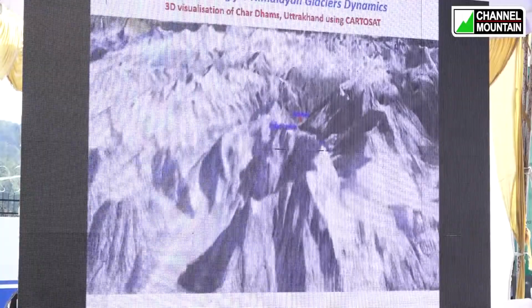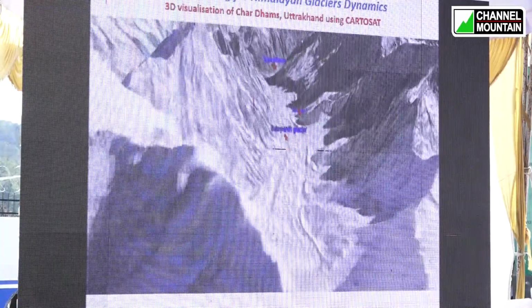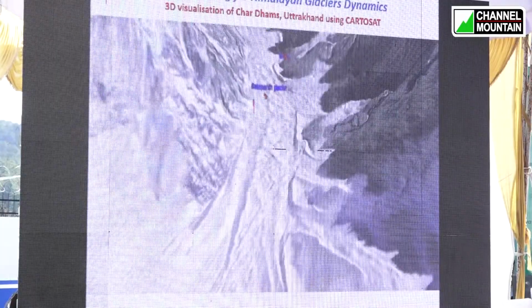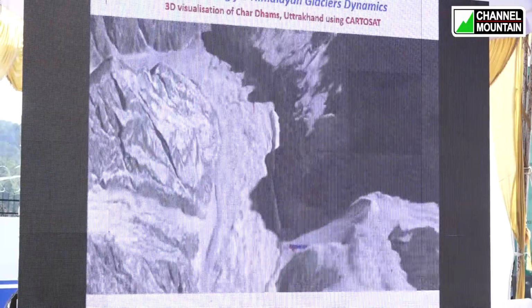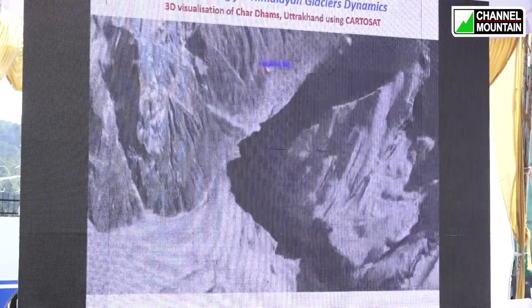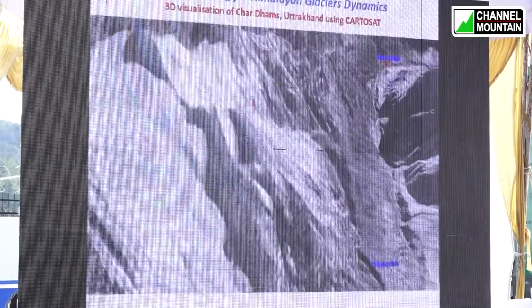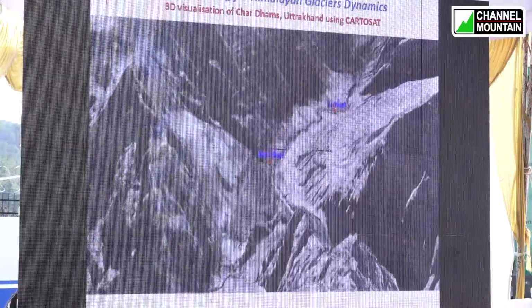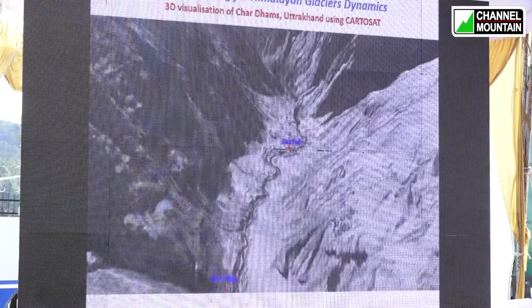This is the Satopanth glacier. You can see it coming up over here. The glacier is covered at the higher altitude with fresh snow, and as we go down the hill, you can see two of these glaciers meeting here, and then we will have the Mana village. This is the Mana village coming up on the screen, and just below the Mana village you have Badrinath. Lord Badrinath's temple is available over here.